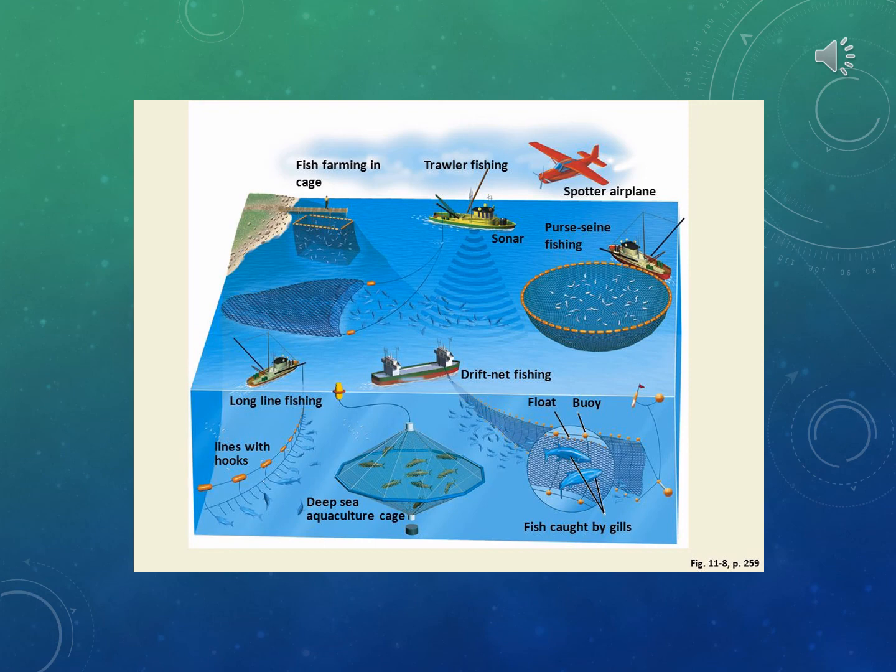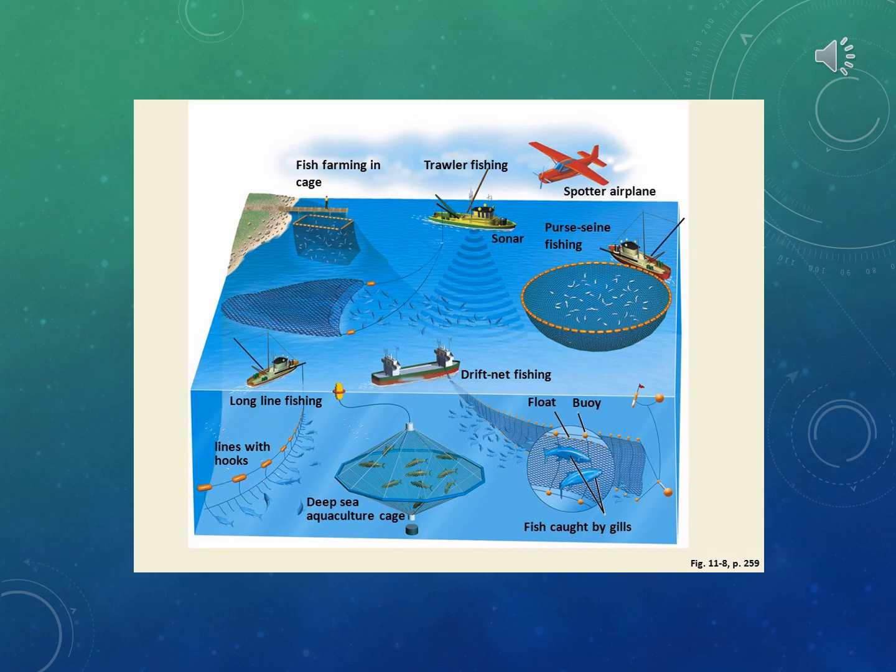Here are visual examples of the different types of fishing. Let's start first with trawling. Here you'll see in the very center trawling fishing. Trawling, also known as bottom trawling, takes a weighted net and drags it along the floor of the ocean, catching any fish that are in that area. Bottom trawling is the worst type of commercial fishing because it has a massive impact on the ecosystem of the